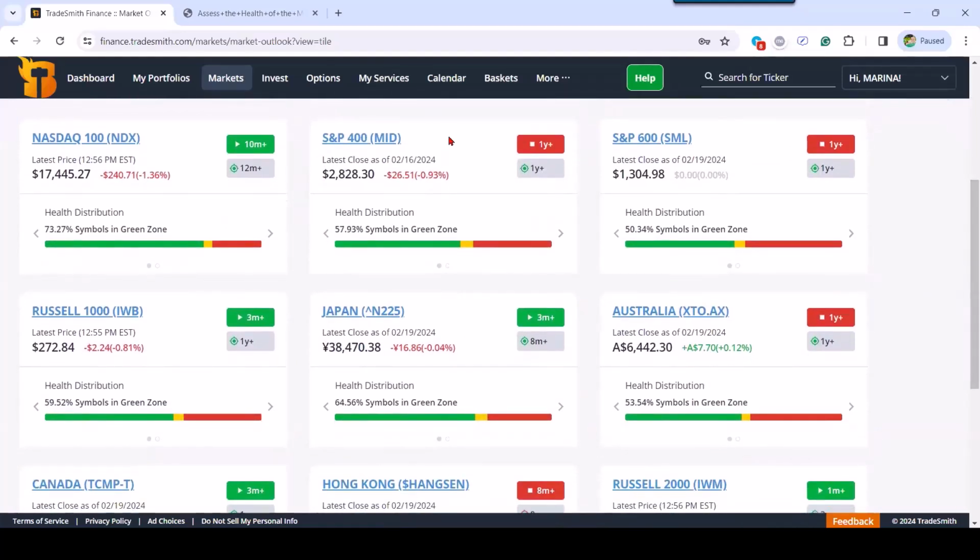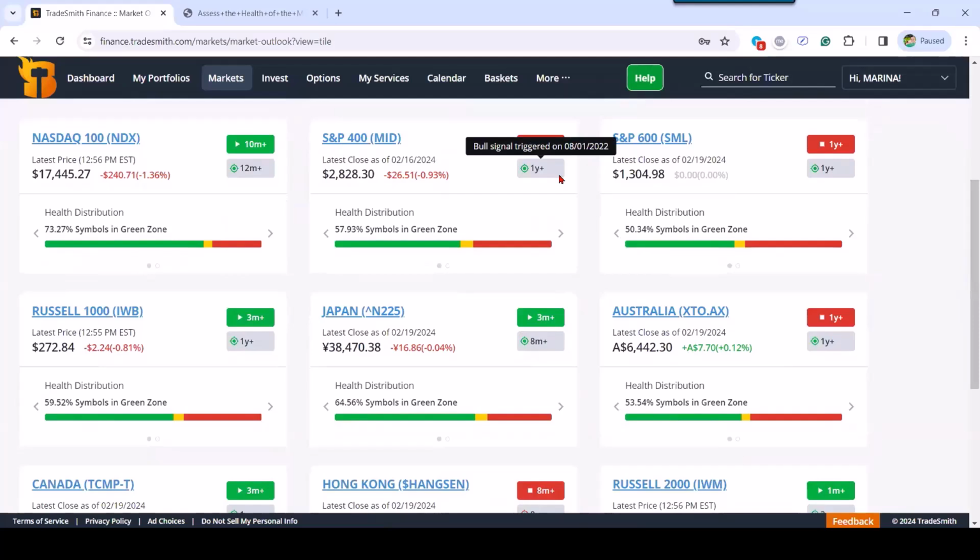The S&P 400 and S&P 600 have been in the red zone, as I mentioned, since May 11th. You can hover over the health indicator button to see that information. However, if you look below, they triggered a bullseye signal later that year. Now, this may be confusing to you, and this might be a good opportunity to review the bullseye and bear's eye